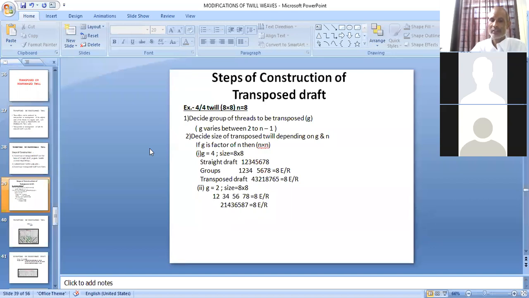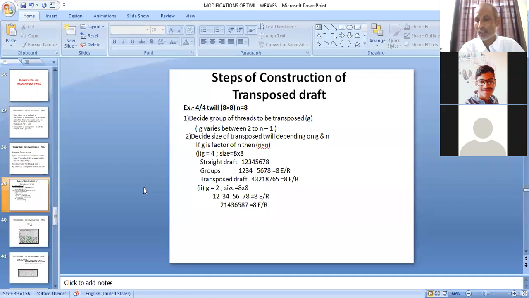So here first we decide the group size. For example, we have taken 12 cross 12 in your assignment. So if we are taking 12 cross 12, suppose it is given construct a transpose twill in 12 cross 12, then what will be the group size? What should be the group size? Any student? जो मैंने क्वेश्चन दिया असाइनमेंट में 12 क्रॉस 12, उसके लिए आप ग्रुप साइज कर लेंगे 2 3 4 6. Very good. 2 3 4 6 anyone can be taken as the group size.